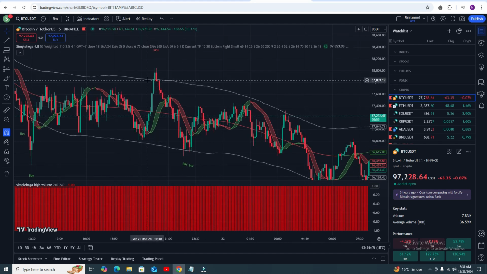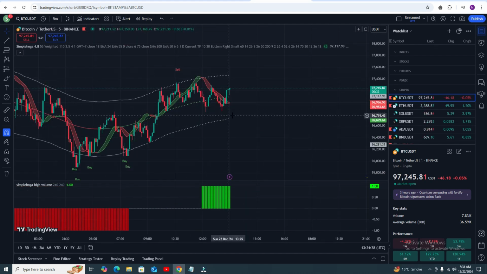Okay, and here you can see two bands, the upper band and the lower band, and the middle band. The middle band line is most important, and the upper band and lower band lines are also important. When you get the sell signal, sell volume, you need to go for the sell trade. Do not watch anything, just go for the sell trade, and you will definitely get the profit. Okay, like this one. Here you can see at this point you can go for the buy trade, and it will definitely give you the profit.